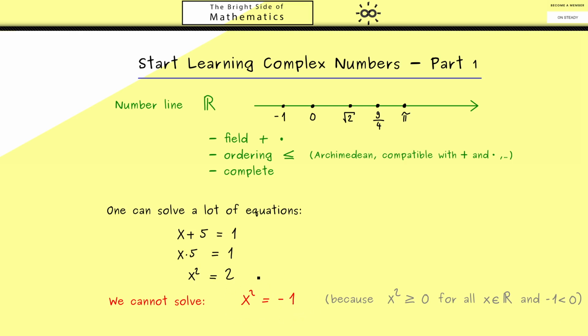However, for us it makes sense that we extend our numbers such that this equation has solutions. The first thing you should note here is that x squared is nothing else than x times x. I say that because the same equation with the addition is solvable. So surprisingly, the addition and the multiplication act differently in R, which also has something to do with the ordering. Hence, our idea is to expand the number set such that we can solve such equations here, but we already know that we can't conserve all the properties in R.